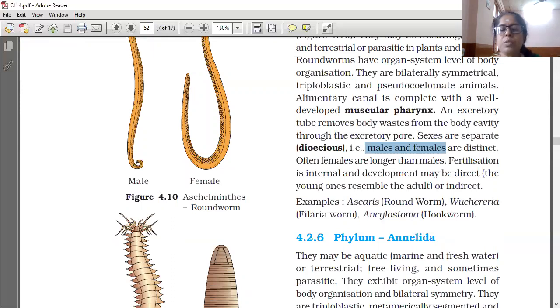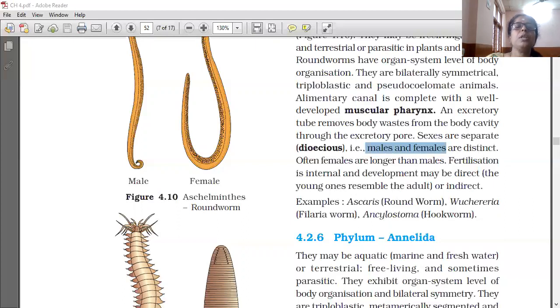Now I will show some slides. Phylum Ctenophora is what we learned first in this session. Grades of organization, I already told you, is very important. It has tissue grade of organization. Phylum Ctenophora looks jelly like, so it is called comb jelly or sea walnut, as it is the shape of a walnut.